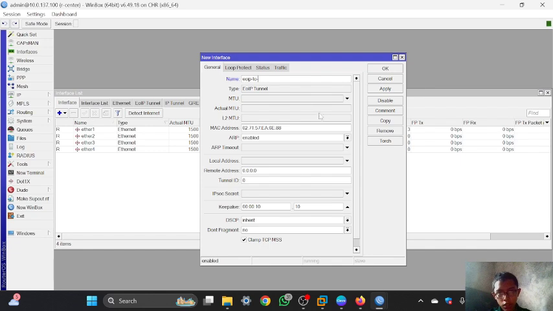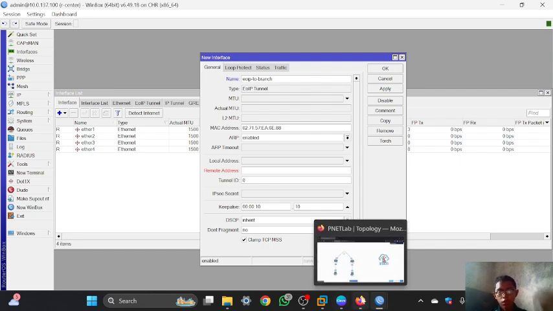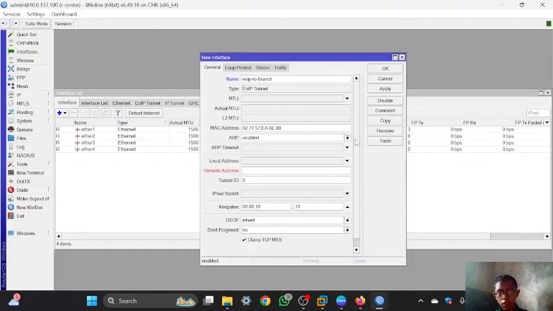I will set it LIP to branch. And for the remote address, you can fill it with the static IP of the router branch, which is this IP. And for the tunnel ID, you can set anything you want. I will set it to 100, and then you can click apply.